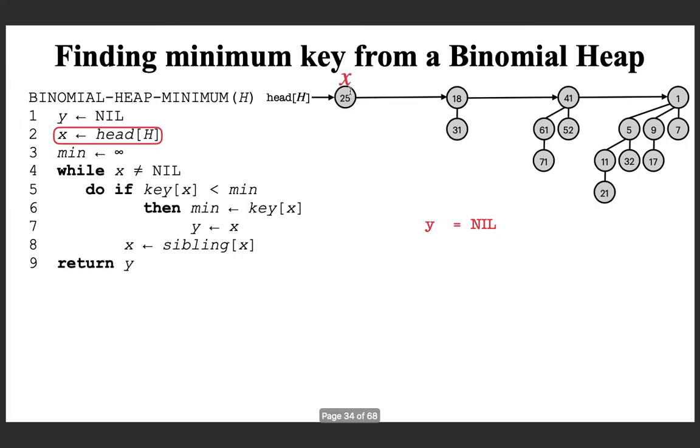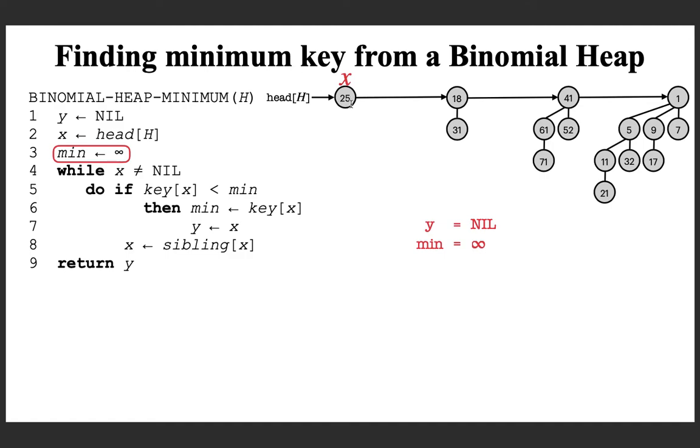So x is positioned at this node, and after that you come here and say that the initialization for minimum is infinity, that is a maximum possible value. Later you can see why they are doing it like that.